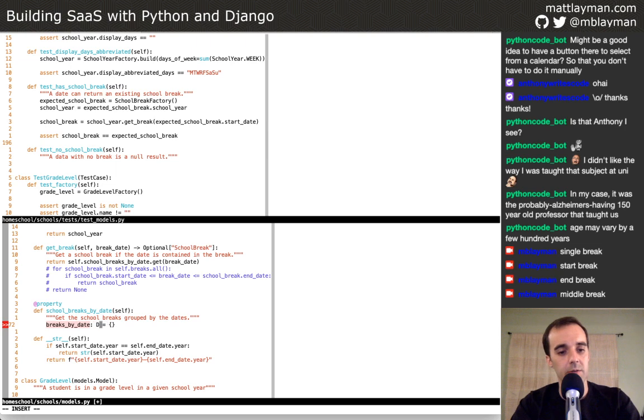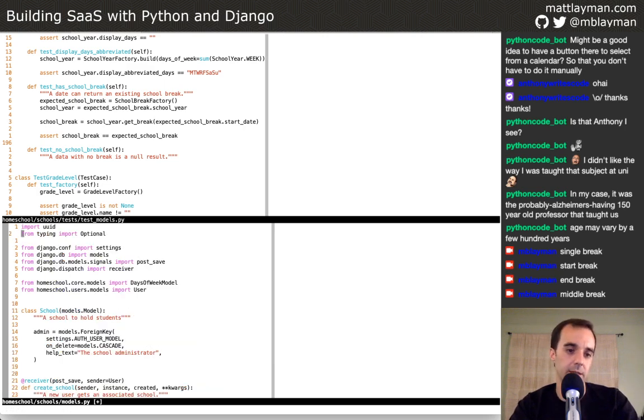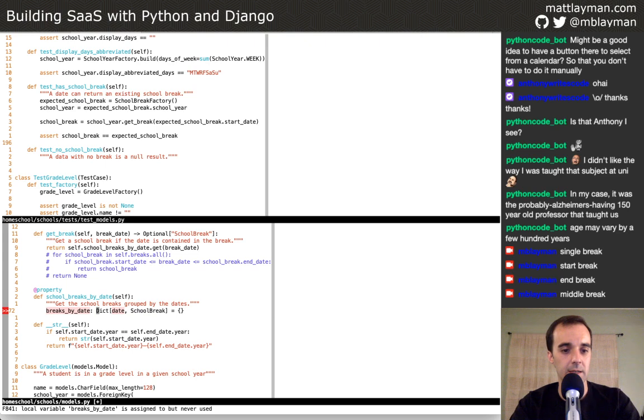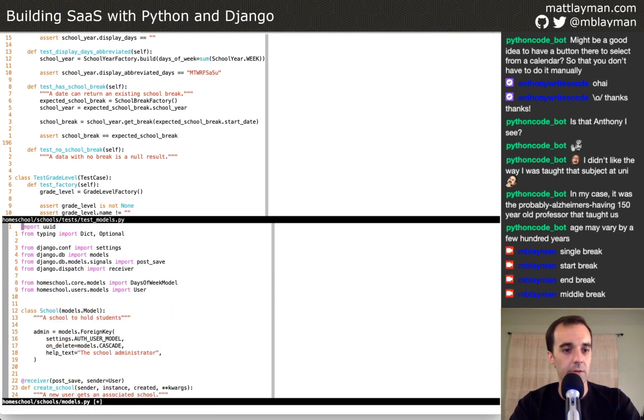Sure. Let's do, it's going to be a dict of date as the key, and school break as the value. But I haven't brought in dict yet. So let's bring in dict from typing. I'm looking forward to future versions of Python where you don't have to do that. You can use just lowercase d dict. And I haven't done date either, so